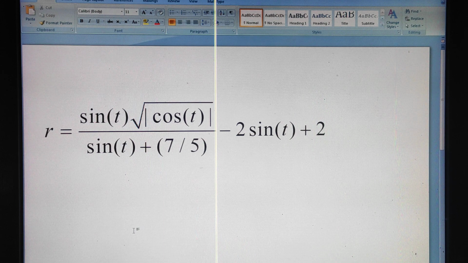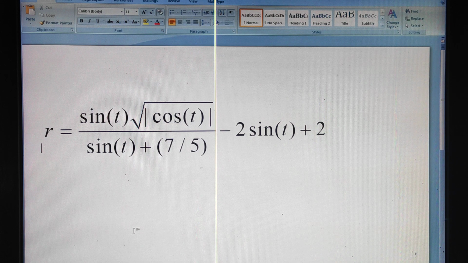Hello everyone, and today I am going to tell you a Scilab program of a polar curve, and the equation which you are seeing, please note it down. It is in the polar form, but in place of theta I have written t because there is no symbol for theta. So in Scilab the symbols are written in the form of r and t, not in the form of r and theta. Clear? So that means in place of theta I am taking t.